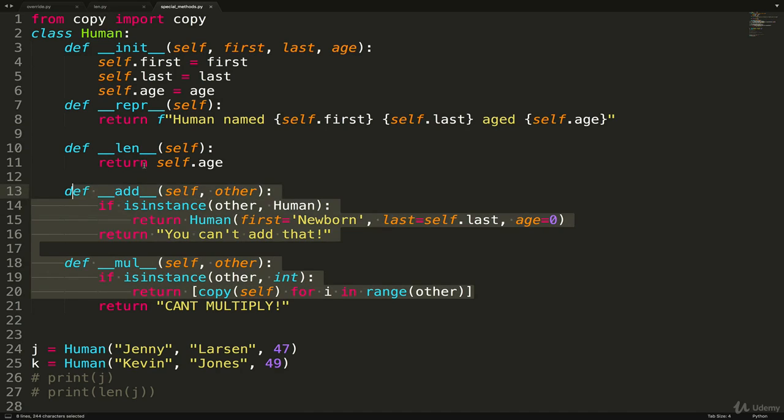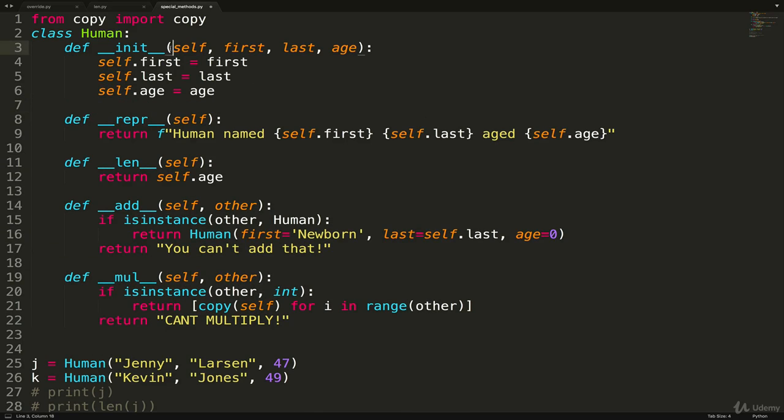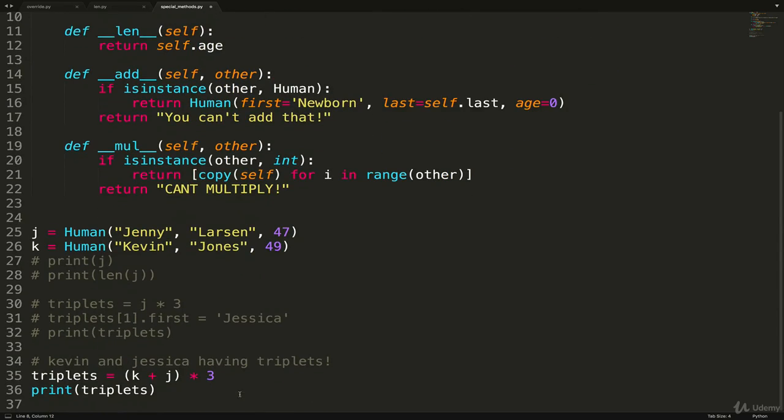So we have addition and multiplying, but the real lesson behind all of this is that there are these magic methods, and something like the plus sign is going to call the magic method, special method, dunder add. It's going to look for that. If it doesn't exist, then it's going to throw an error. If it does, then it's up to us to determine how it should work. Or it's up to the string implementation or int to decide how it should work.